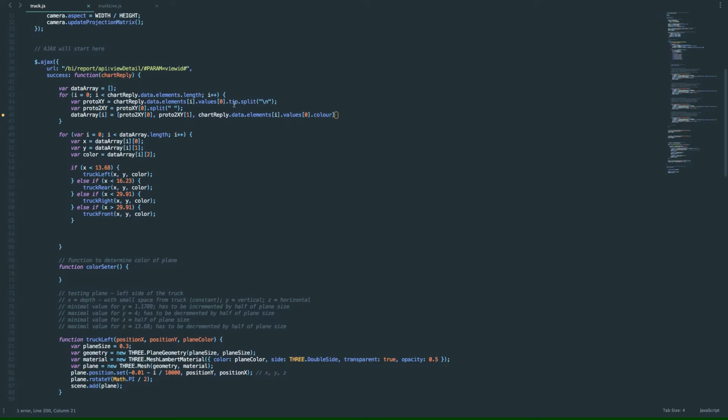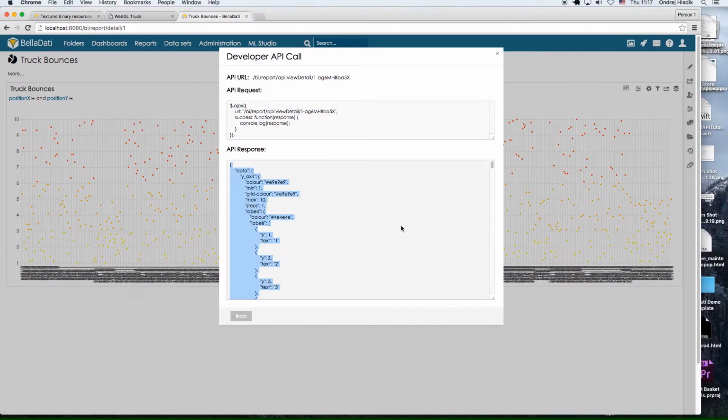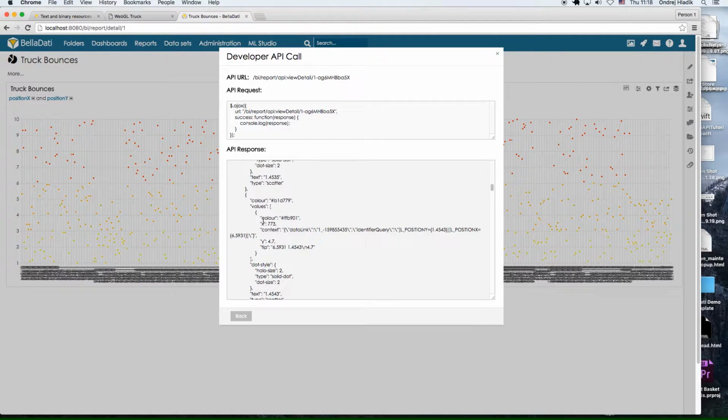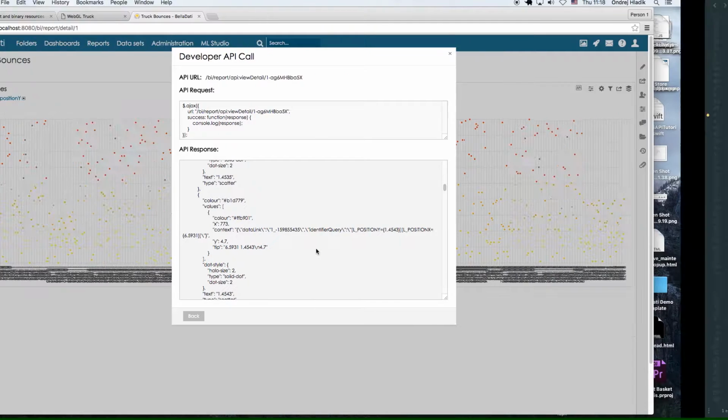So this is the first coordinate, second coordinate, and the strength of the impact. So I get this tip, split it, and then split it again. So I get the first coordinate, second coordinate, and